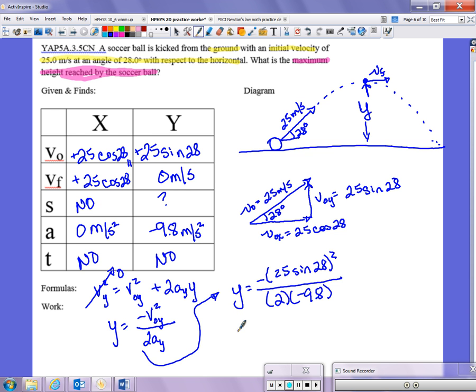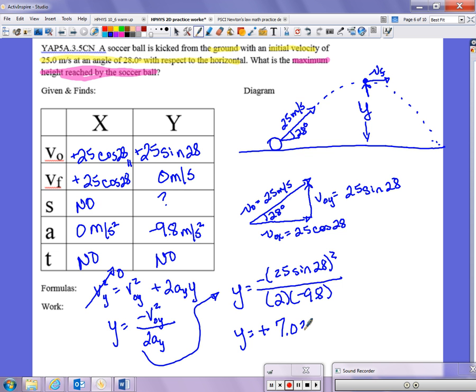We could do all of this separately, but there's no reason for that. We just stick it all in the calculator and make sure that it makes physical sense. 25 times the sine of 28. Make sure you close your parentheses or hit equals before you hit that x squared button to square it. And then you divide and make sure you open parentheses: 2 times negative 9.8, and close your parentheses. And so you get a y displacement of plus 7.028